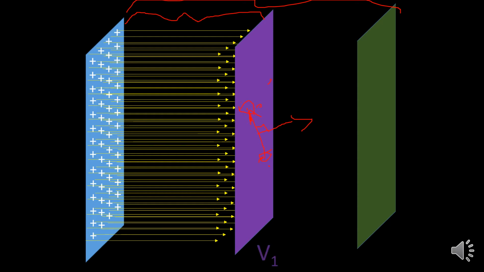Let the potential of the first surface be V1 and the second one be V2. I am not saying that V1 is equal to V2. The imaginary first surface passes through points having the same potential V1, and the second is a surface passing through points having potential V2. So wherever you move on this second surface, you will see that potential is V2. Wherever you move on the first surface, you will see potential is V1. So these are called equipotential surfaces.